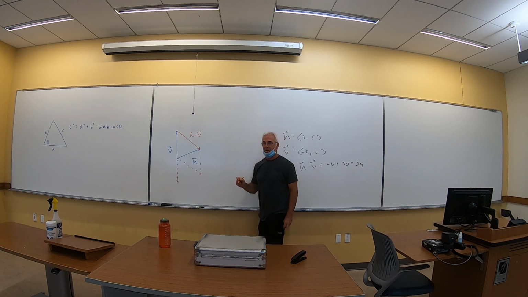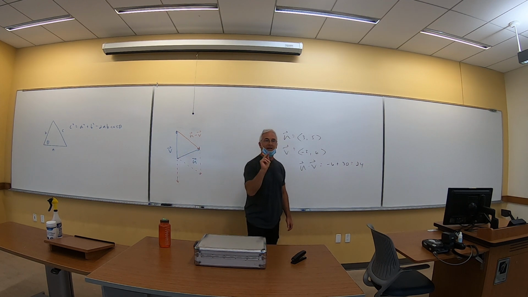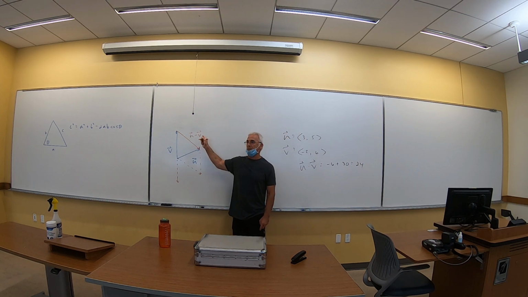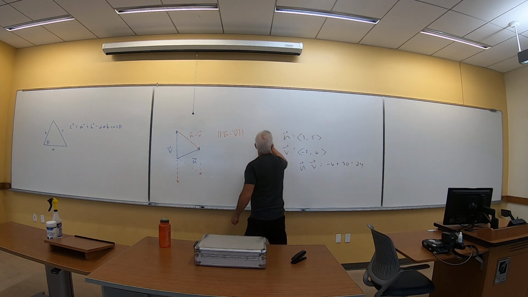Okay, everybody with me so far? What if I did v minus u? Well, it's the same vector, just pointed the other direction. I am interested in the triangle that I just formed. So I'm not interested in the vectors so much as their magnitudes. Okay? And because I'm interested in their magnitudes, would it really matter what order I subtracted, by the way? No. So the magnitude of u minus v, there's a symbol that we often use,